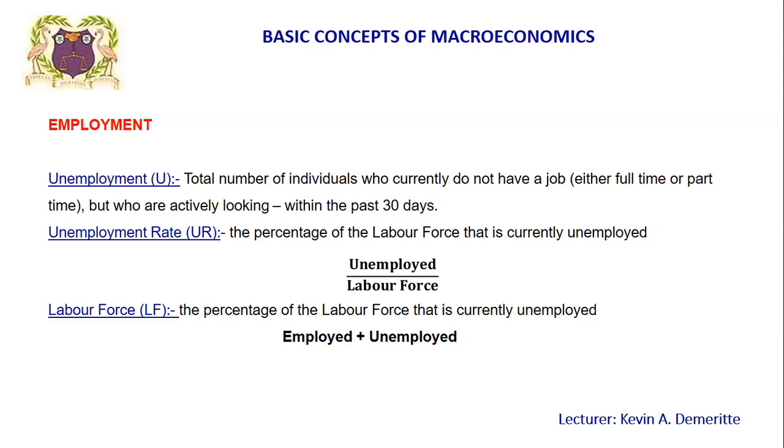Right? But economically, when we say unemployment, we're talking about the total number of persons who currently do not have a job, either full-time or part-time. So you can't be working at all. But, and here's the big but, you have to have been actively looking for a job within the last month, within the last 30 days. All right. For the Department of Statistics